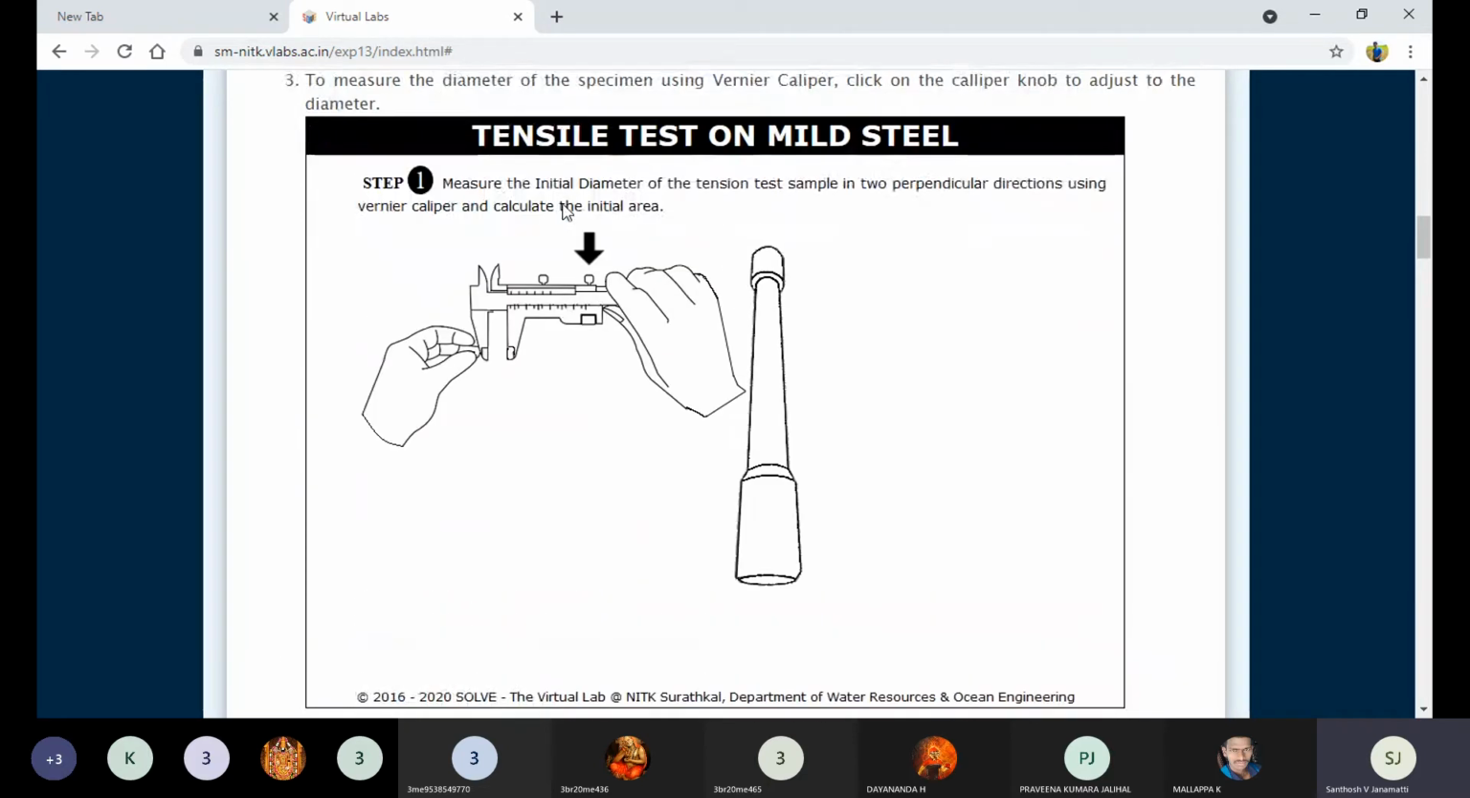Step one, measure the initial diameter of the tensile sample in the perpendicular direction using the vernier caliper. You know very well about this. Before inserting into the machine, we need to prepare these samples. In our laboratory these samples are available, but you need to know the dimensions of